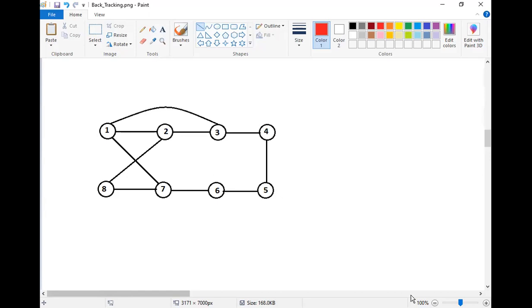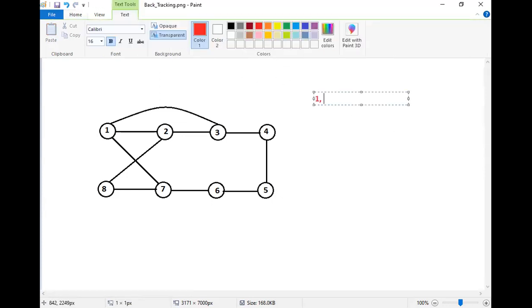Can anyone think of what would be the possible solution? Okay, let me write it here. If you're telling, wait a second. Okay, 1, 3, 4, 5, 6, 7, 8, 2, 1. Is that correct? If there exists one, that means there can be one more also, which is exactly the reverse of that. What can it be? 1, 2, 8, 7, 6, 5, 4, 3, not 2, from 3 to